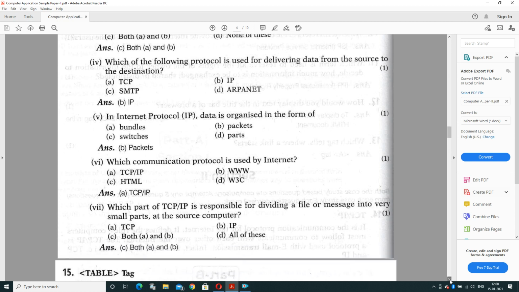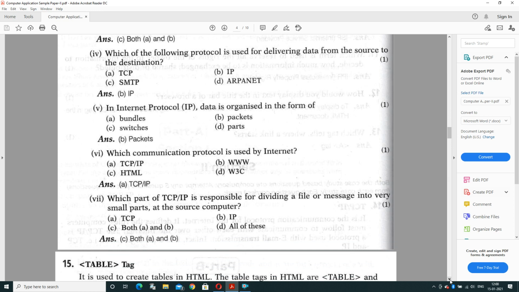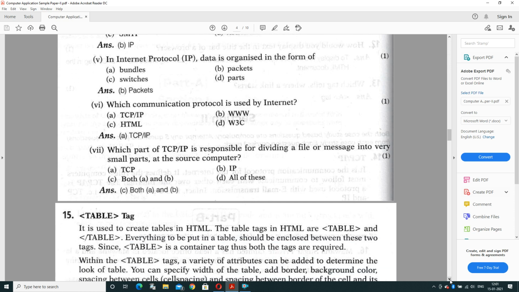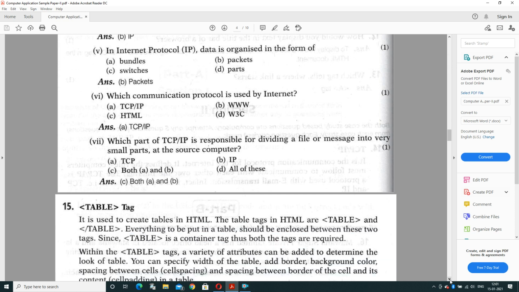Question number 4. Which of the following protocols is used for delivering data from source to destination? TCP, IP, SMTP, or ARPANET? The answer is IP. Internet Protocol is used to deliver data from source to the destination place. Next is, in internet protocol, data is organized in the form of bundles, switches, packets, or parts.